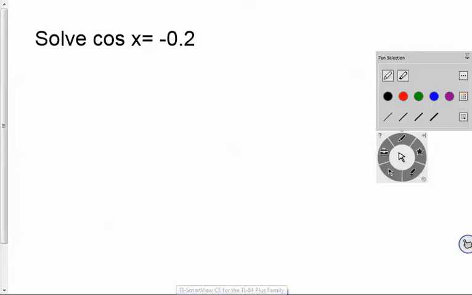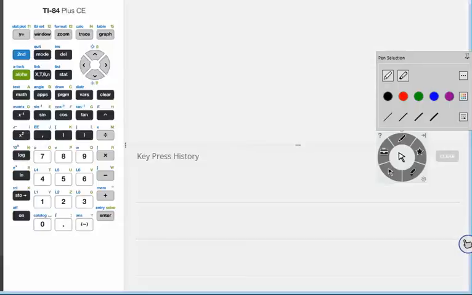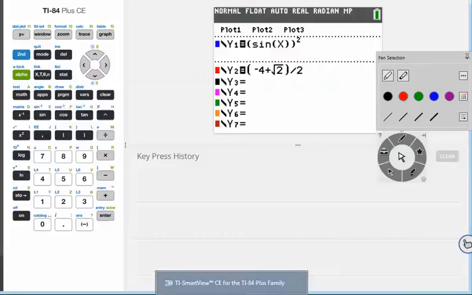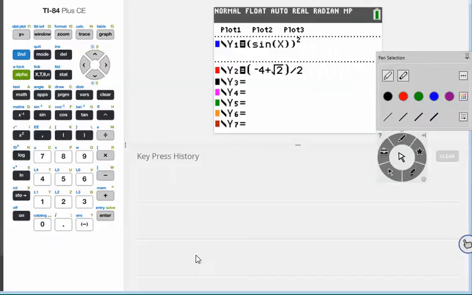Okay, so for this video, what we're going to look at is how to solve trigonometric functions. And you already know how to do most of this stuff because you've used your graphing calculator. So for the first one, we're going to look at solving cosine of x equals negative 0.2. To solve it, you need to use your